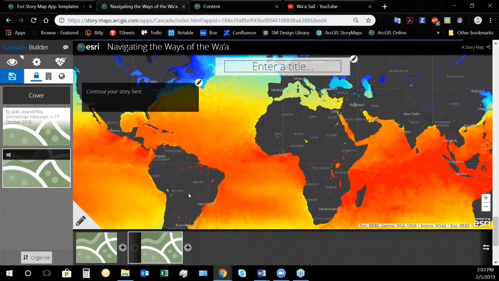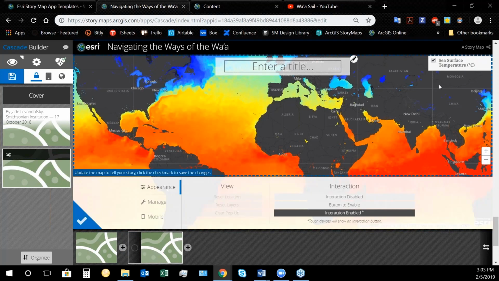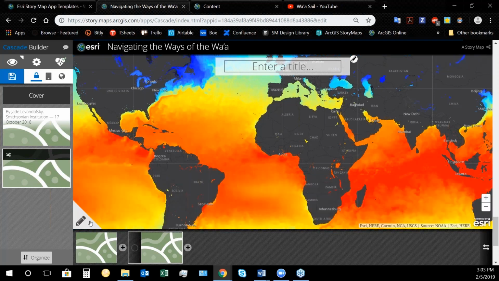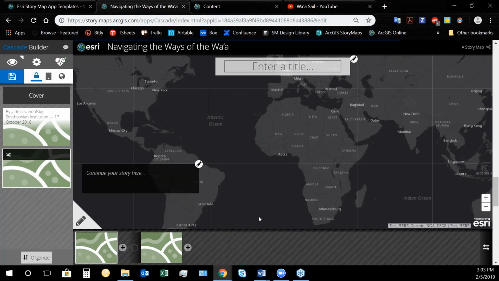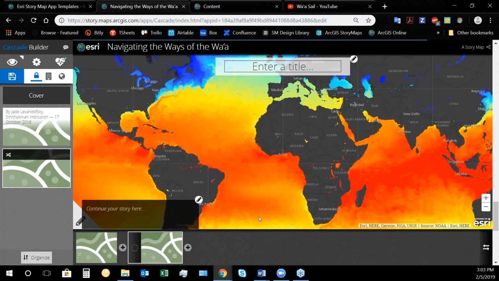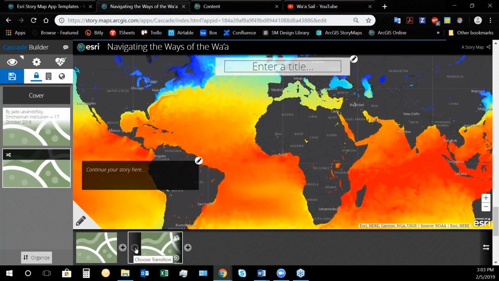Now in that second map, as you'll see, sea surface temperature is still turned on. Now what's going to happen when I scroll between these? I'm going to get the transition of displaying both the base map and then the sea surface temperature independently. Moreover, if I hover on this slide, the second slide is where this will appear, I have the choice of various transitions.